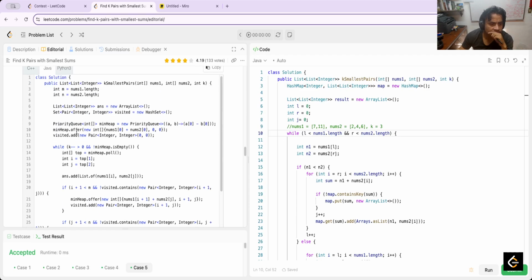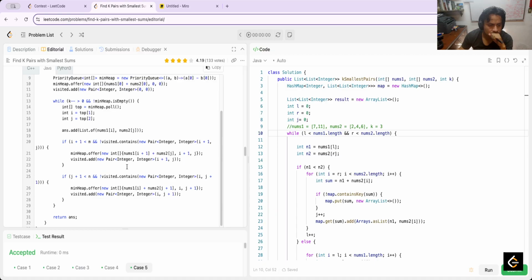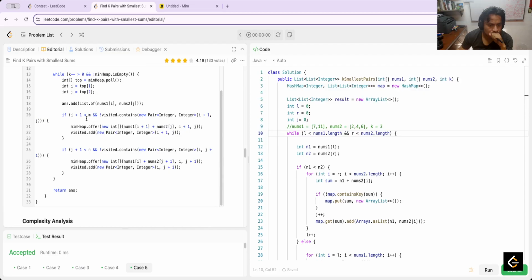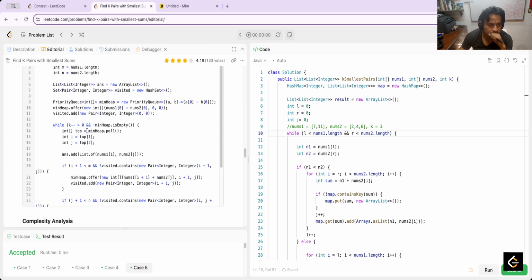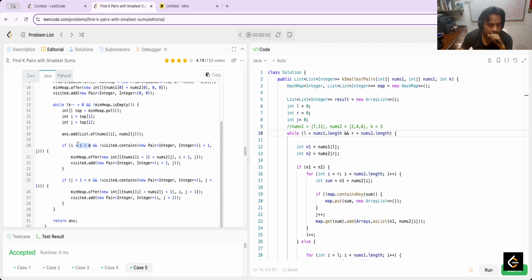I, what is I? Is this. I plus 1, it's minor than m. What is m? Is the length. Meanwhile, it's inside the range, and visit doesn't contains the pair